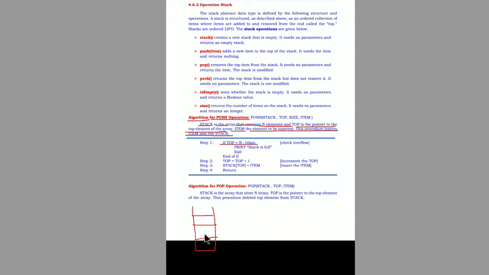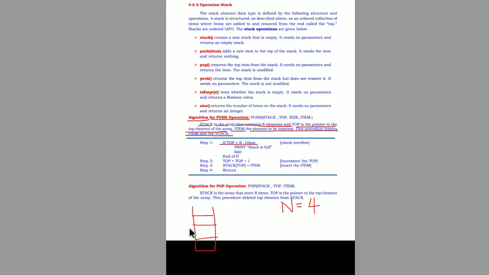As we know, the stack has a maximum capacity, which we represent using capital N. It gives the total number of elements that you can store in that stack. For example, if we consider the value of n as 4, we can store only 4 elements in that stack.